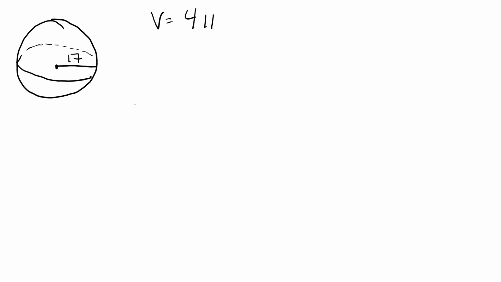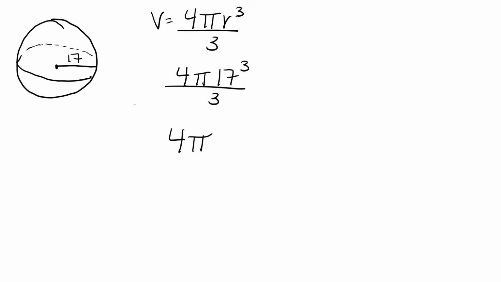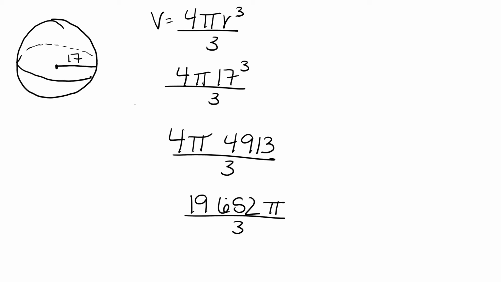For our last problem, we have a sphere. And in the sphere, we have a radius of 17. So we're going to use our formula, v equals 4 pi r to the third power divided by 3. And we're going to plug in our radius, 17. Starting with the exponents first, 17 to the third power gives us 4,913. We take that and multiply by 4 to get 19,652. Divide that by 3 to get